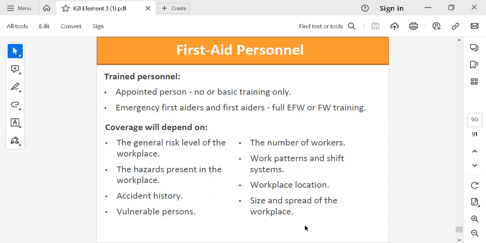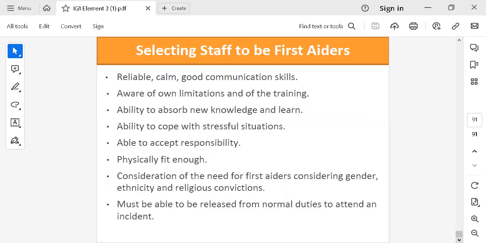Size and spread of the workplace: we will also need to check the size and spread of the workplace. If the workplace is larger, then we need more first aiders. If the area is smaller, we need fewer first aiders. Okay. So when we select the first aider,